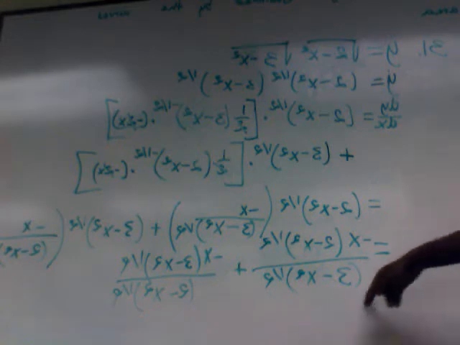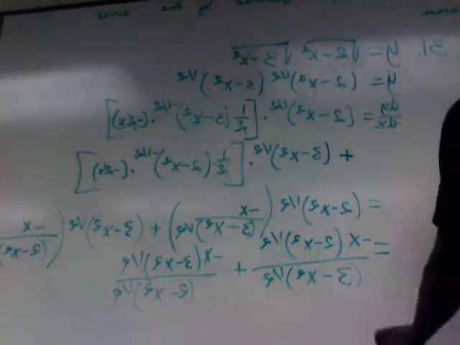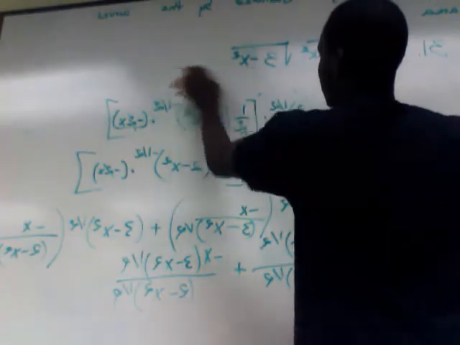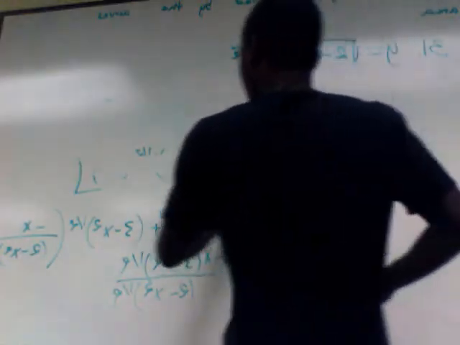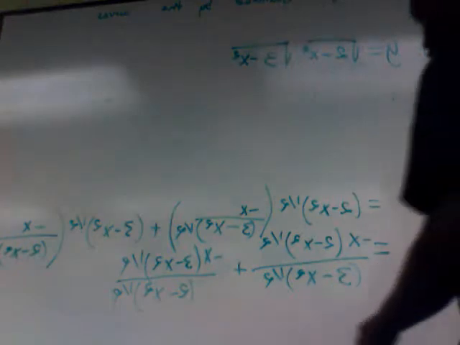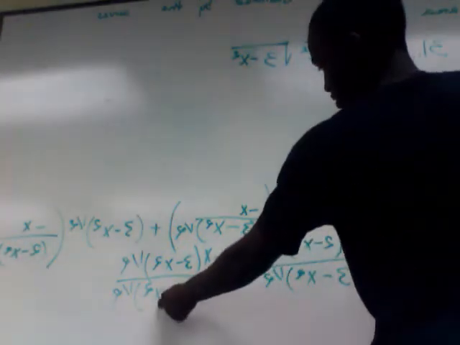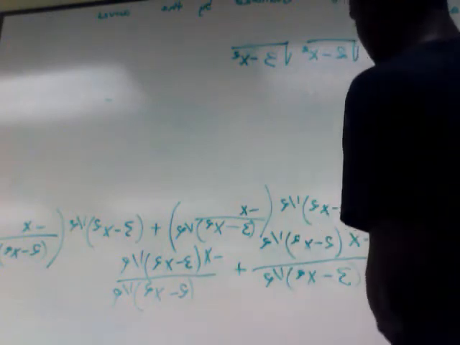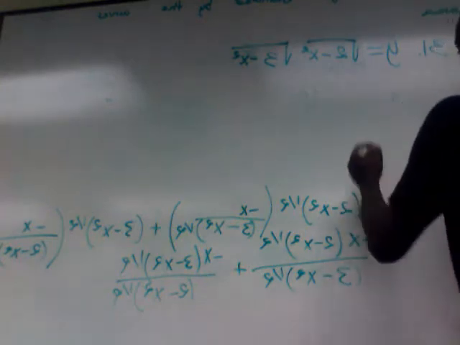Now, we can add these up, but the only way to add these up is to get common denominators. So we're going to come back up here, raise that, because I'm running out of space. So we want to add these two, but in order to do that, we need to have common denominators. So what we can do is we can multiply this side by the square root of 2 minus x squared, and then multiply the other side by the square root of 3 minus x squared. So what we end up getting is,